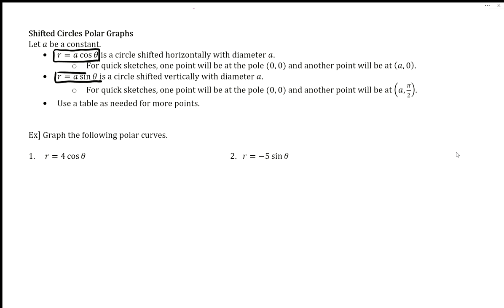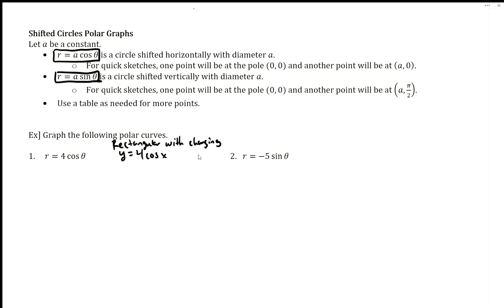Now, one way to break these down is purely memorization, if we want to. However, the other way to do these problems, which I think can carry over well to other scenarios, is to graph it using the rectangular graph first. So remember, if we go back a couple of videos, we can convert equations. This isn't converting this equation into this. I just want to see the rectangular graph with the change of variables,